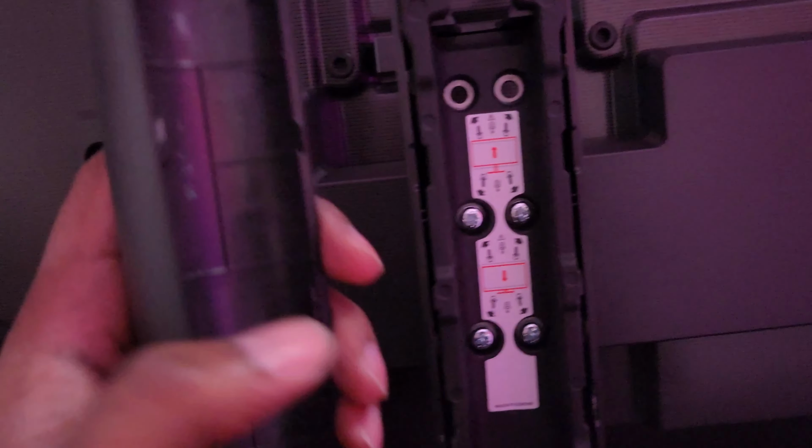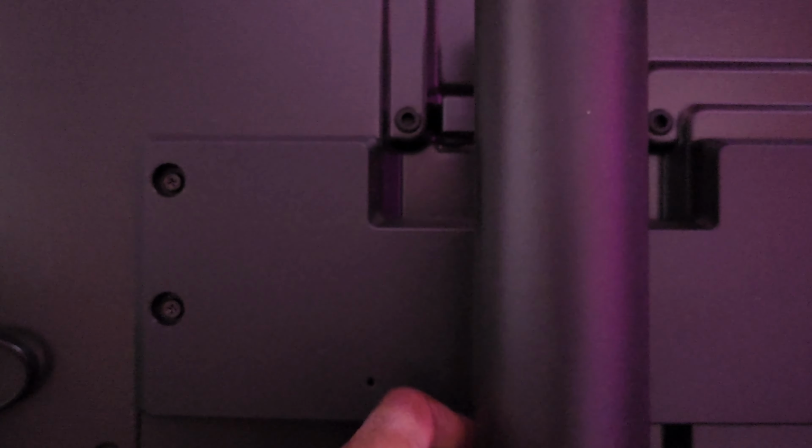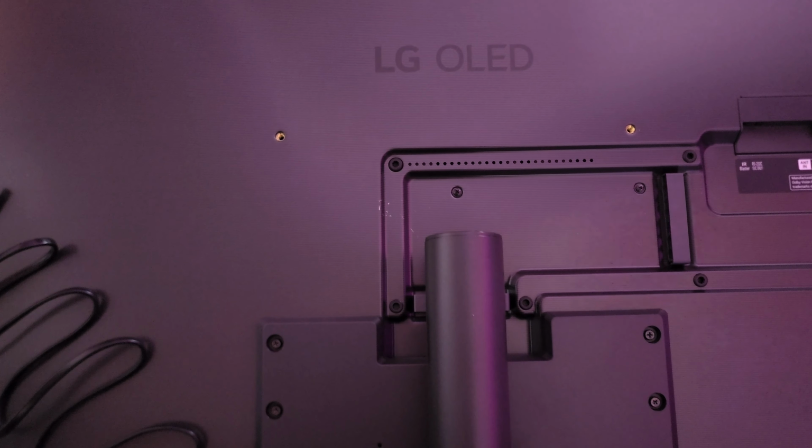Okay, so then we're just going to align our pieces like so, and we're just going to snap it into place. If it does snap, great. If it doesn't, it really doesn't matter. It's just wire management anyway. And again, you can take it on and off as you need, but that's essentially how you install the stand on the LG G4. So now we're going to turn on the LG G4 for the first time